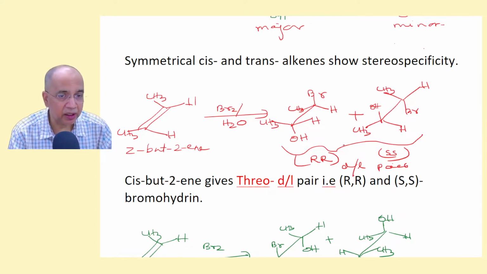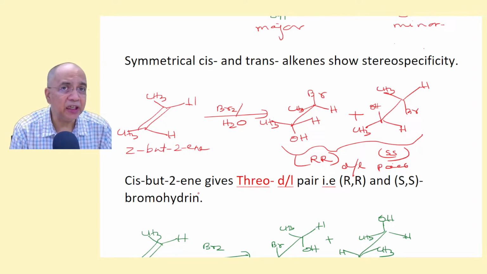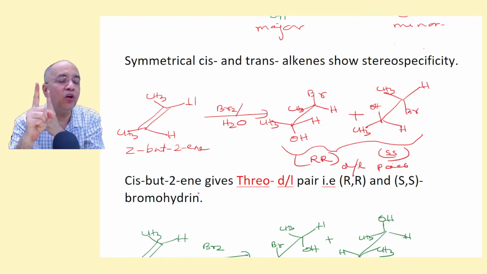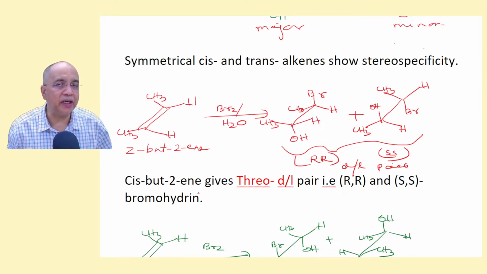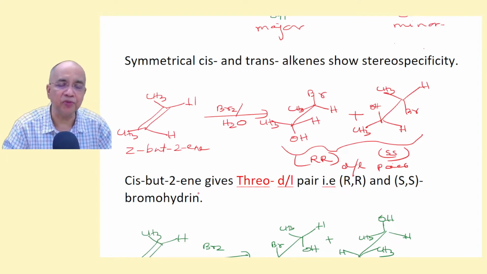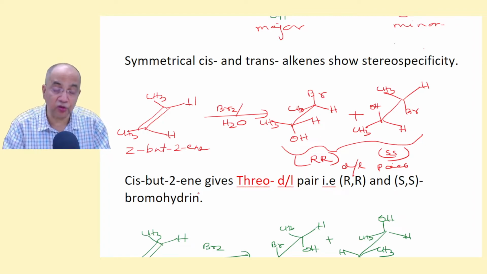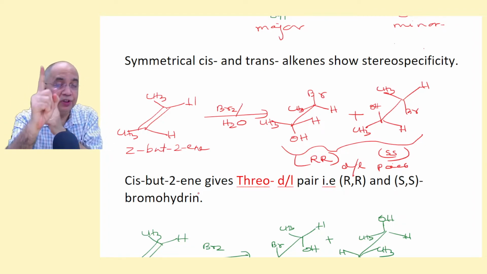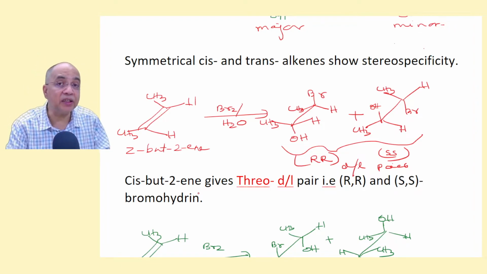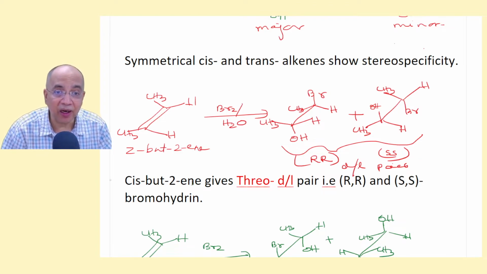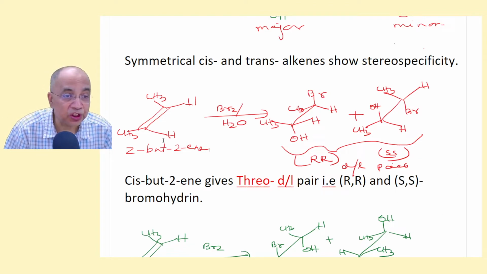And that particular diastereoisomer, we simplify it to call it threo. Threo means if the non-identical groups, one pair will be non-identical, remain on the same side in the eclipsed conformation, the other two identical pairs also remain on the same side in the opposite side. If the two non-identical groups are brought to the same side, then the two identical pairs remain on the opposite side. Now that is called threo. The cis, this is cis or Z, gives the threo DL pair.